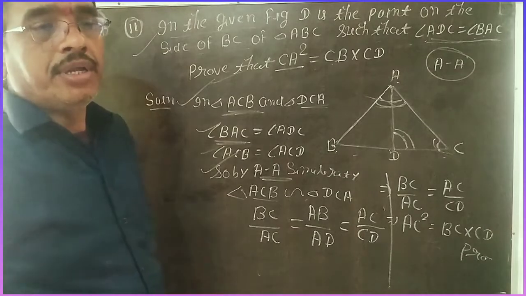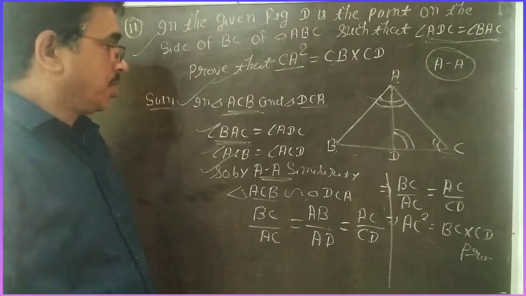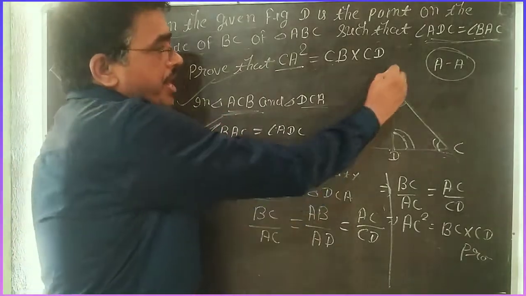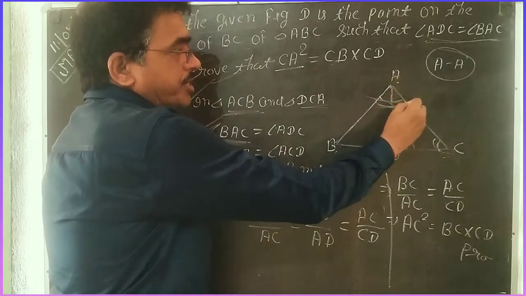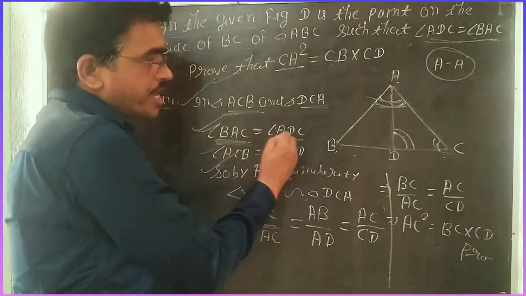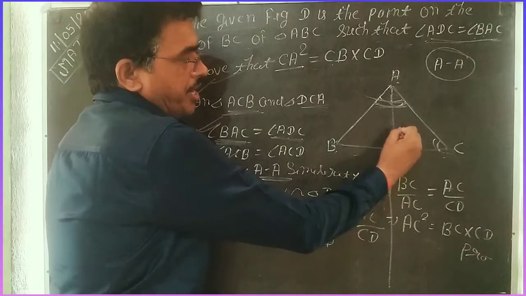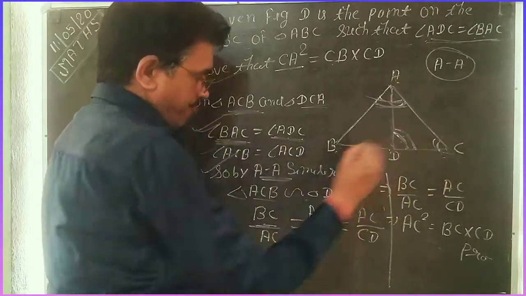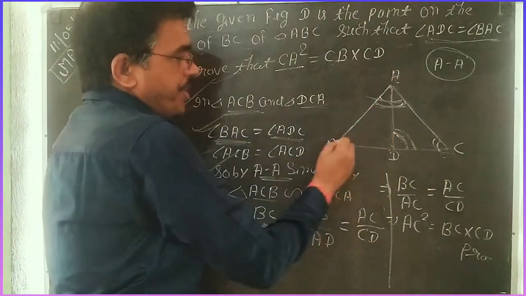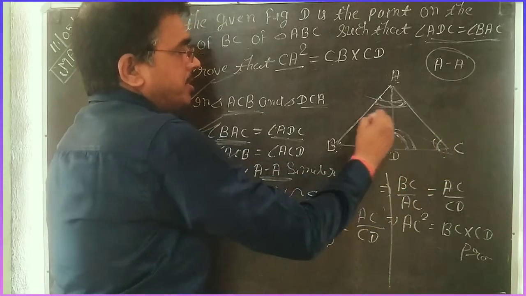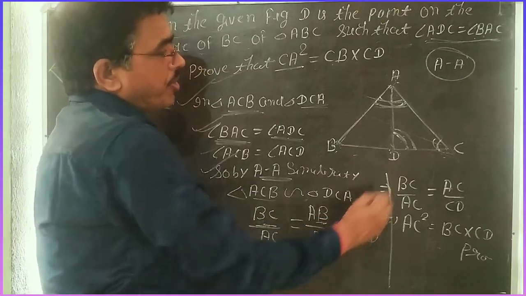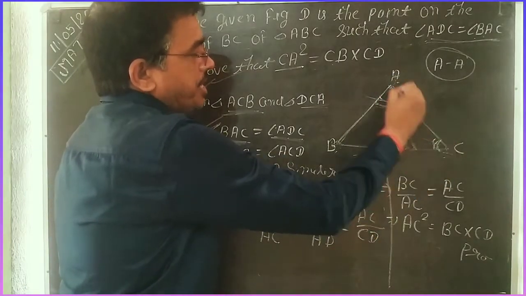If two triangles are similar, then how can you take the proportion of the sides? You take it with the help of the angles. Like here is BAC. What is its opposite side? The opposite side is BC, so I write BC. It is equal to ADC. Find ADC; its opposite side is AC, so I write AC. Next, ACB. What is the opposite side of this angle? The side is AB, because it is the large triangle, so I write AB. Here in the small triangle, ACD, the opposite side of ACD is AD. I write AD.